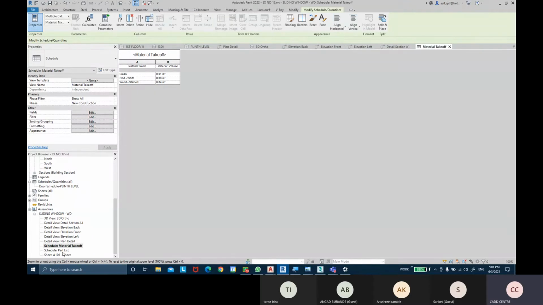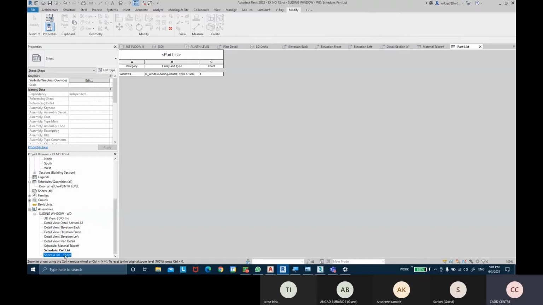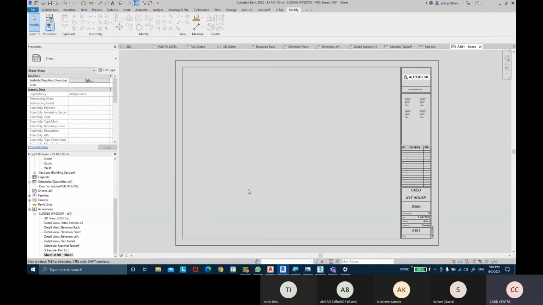So these are the volume information of that material. If I come into the part list, it's made of one part only. There is no multiple parts. Okay, so not much about the part list, but the last thing is about sheets, and it says sheet 101, sheet basically. If I go into that sheet, it is empty.